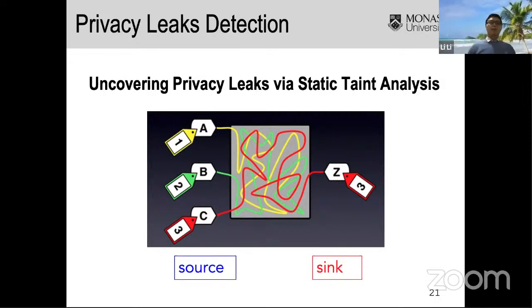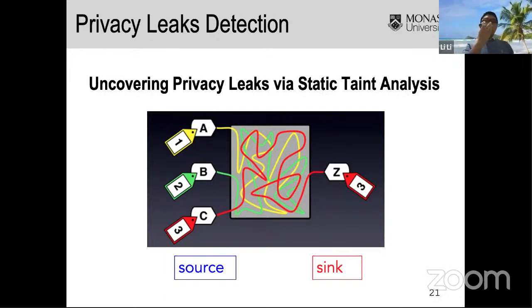It starts by defining some source and sink points in the program, where the source points mean that somewhere sensitive information is obtained from the software artifacts, while the sink points indicate some dangerous behaviors, such as sending information to a remote server, for example.